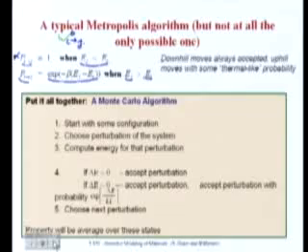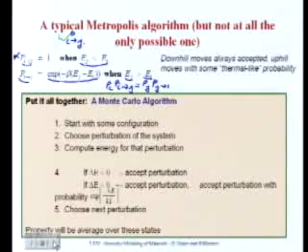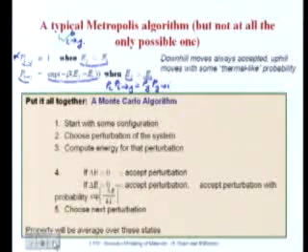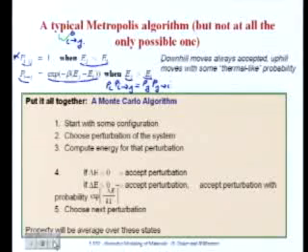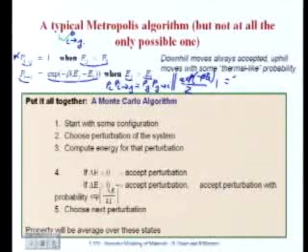You can easily show that this satisfies detailed balance, because, let's see if I can squeeze this in here. Detailed balance says that essentially pi times P i to j has to equal pj times P j to I. Okay? Well, pi is the exponential of minus beta Ei over the partition function. P i to j, let's assume that I is the state with lower energy, is 1. That has to equal pj, which is the exponential